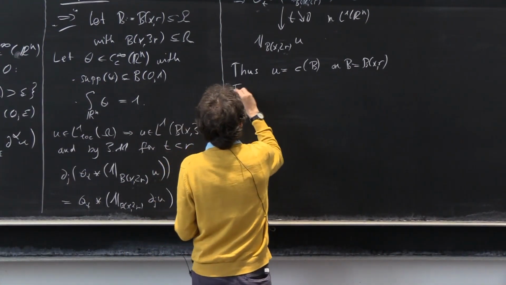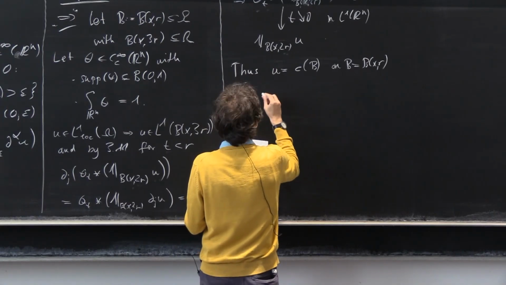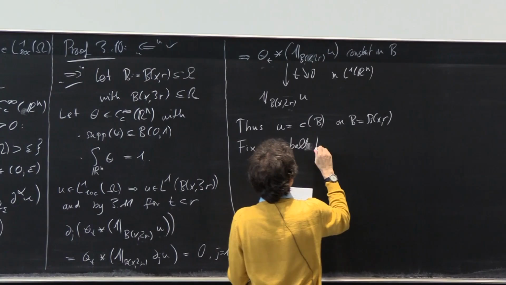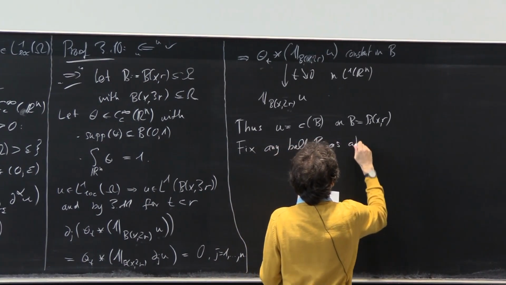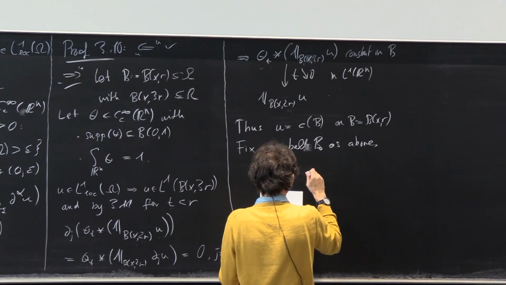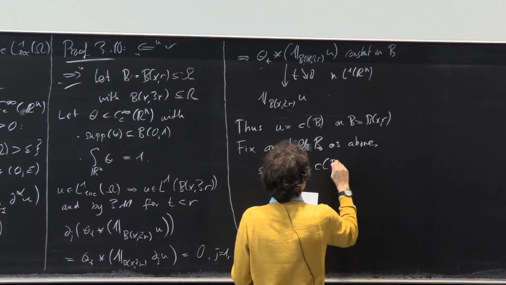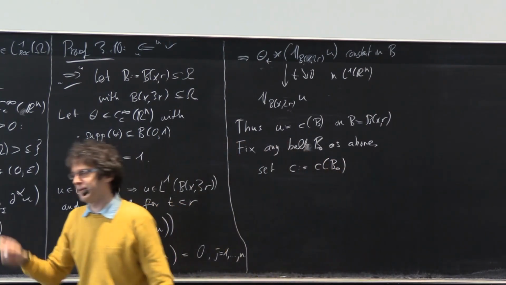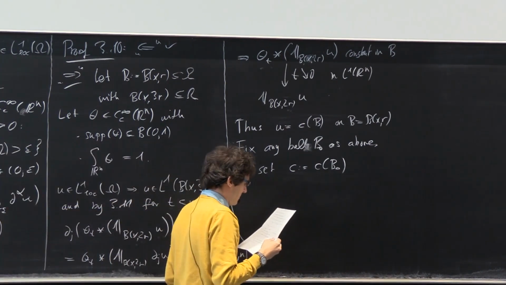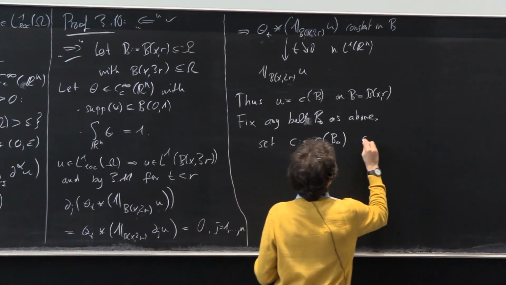Okay, so what we do is we take any of the balls above, so fix any ball B0 as above, and set C to be the constant that belongs to this ball, just to fix notation. So we take one of these constants. And then we do